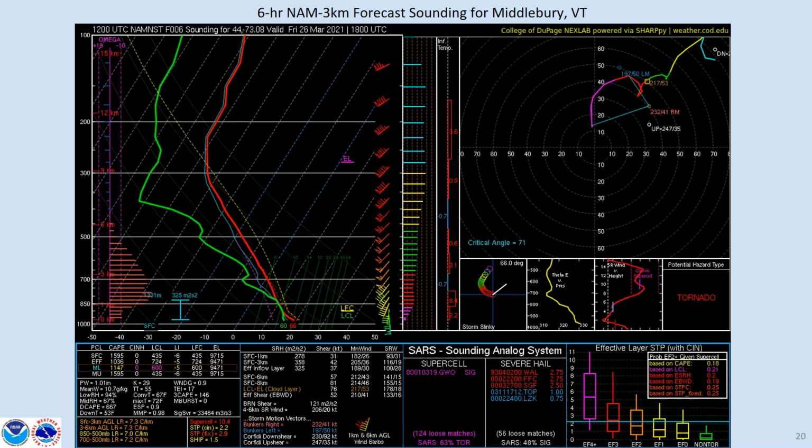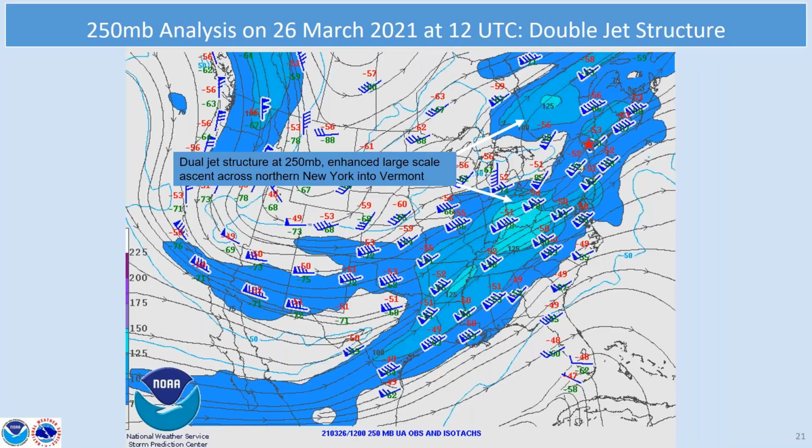Okay, thank you, Pete. And the first thing we're going to look at is the 250 millibar upper air analysis at 12Z on the 26th of March. And you can see here that we had a dual jet structure. We had the polar jet exiting across southern Canada at 100 to 125 knots. And then we have the subtropical jet, as Pete had described, helping not only advect some moisture, but also that dry layer that Pete was talking about, angling across the Ohio Valley into the mid-Atlantic, southern New England. And this dual jet structure helped to enhance the large-scale ascent across northern New York and Vermont to produce these